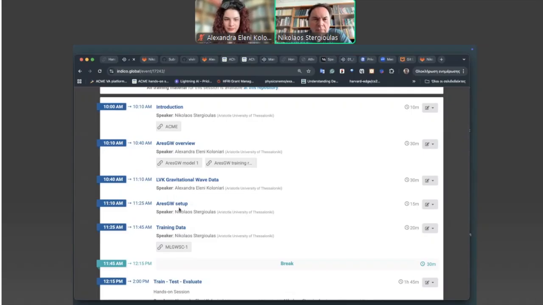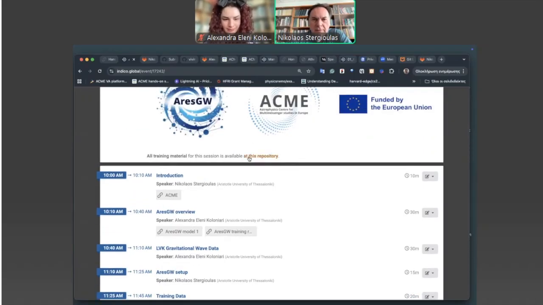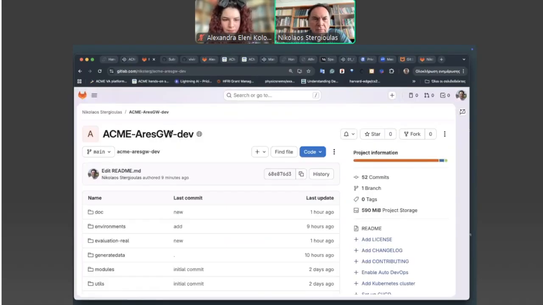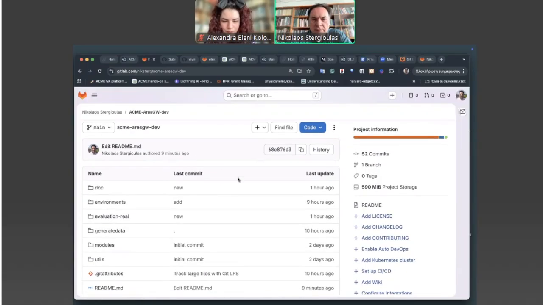Information about this is contained in the repository that we have linked to the timetable. I hope you all have already checked that you have access to this. Is this correct? Everyone can access this specific repository. So it will lead you to this GitLab repository.